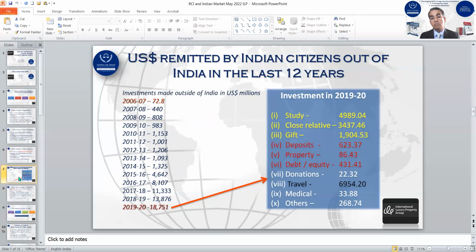And then the other investment is into the travel expenses. The major expense is remittance done by Indian citizens for foreign studies and travel, which makes almost $17 billion out of 19. That means Indians are spending money, but not investing in the foreign country. And that's the mindset we need to change if we want to see a rise in the residency and citizenship